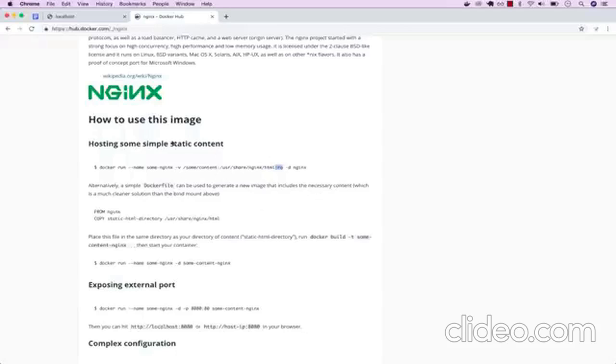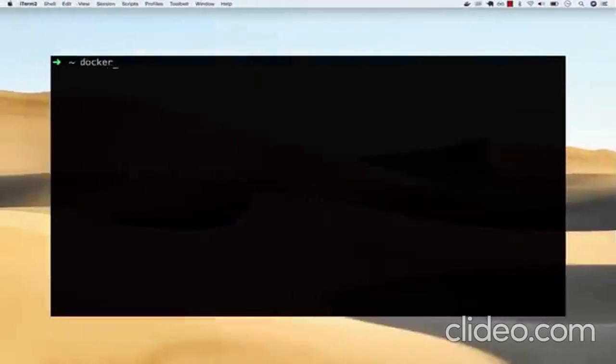So let's go ahead and create a file and then mount our directory inside of this folder so that we can override the default Nginx welcome page. So let me open up terminal and docker run and then --name. Let's go ahead and create a website. So I've deleted all the previous containers, and -p and then 8080 to 80, and then the actual container will be